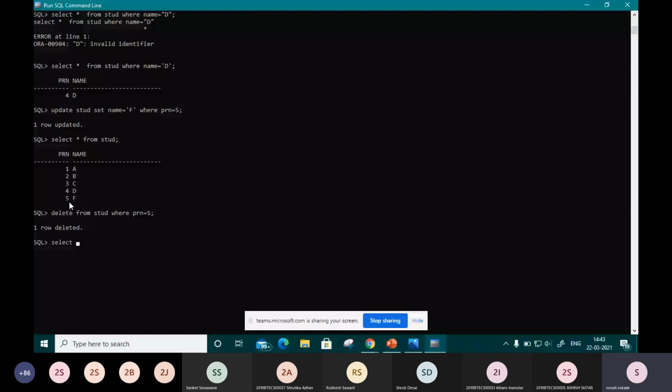Some of the students may ask, ma'am, we want to check the deleted data. Definitely we will check, but not in this session. We will check it in an upcoming experiment, because rollback is part of which command: DDL, DCL or TCL?